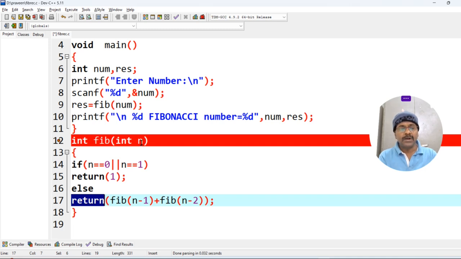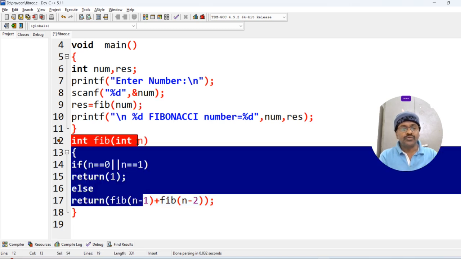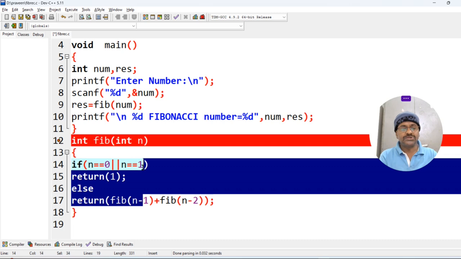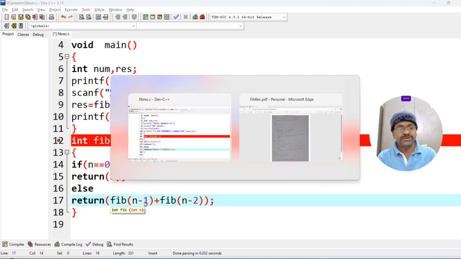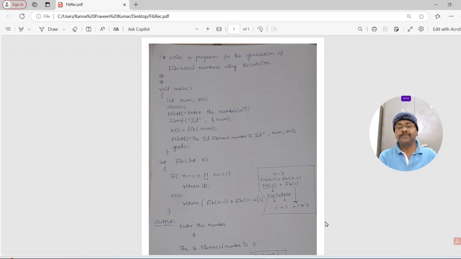Okay, so here we pass 3, that value is copied. 3 is not 0, 3 is not 1. So we will come to return fib of, you see here our function name is fib, 3 minus 1. Fib of 3 minus 1 is 2, so that 2 will be copied to here. Next, 2 is not 0, 2 is not 1, so we will go to the else part. 2 minus 1 is 1. For this I will explain here. You see here,